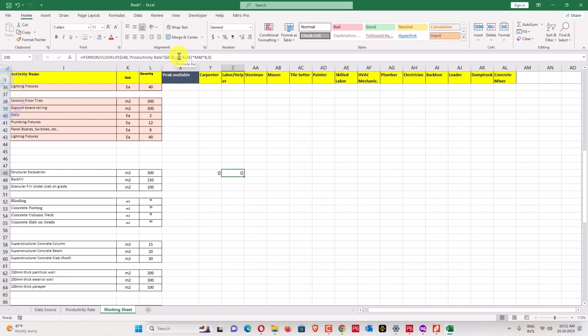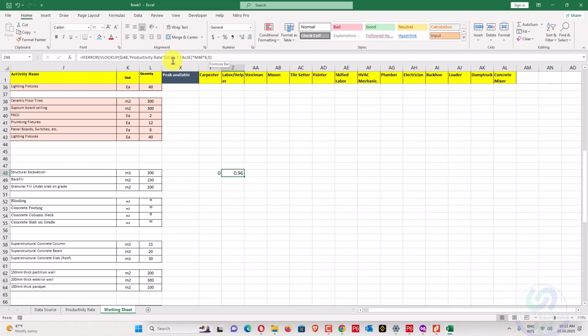7.96 is equal to 0.12 into 300 into 8. What should be the answer? 288. So we are not getting that answer. Why are we not getting that answer?